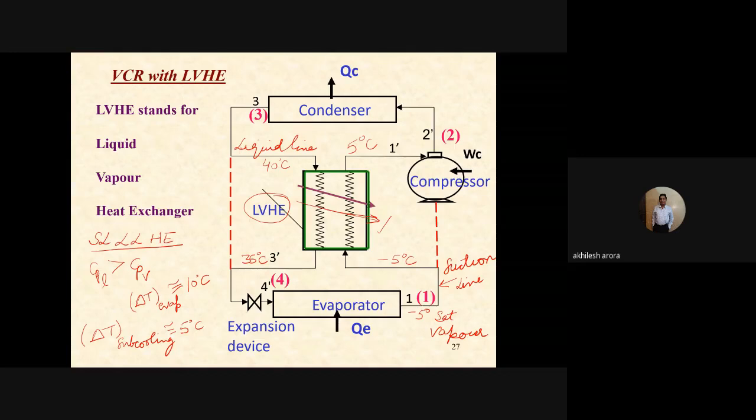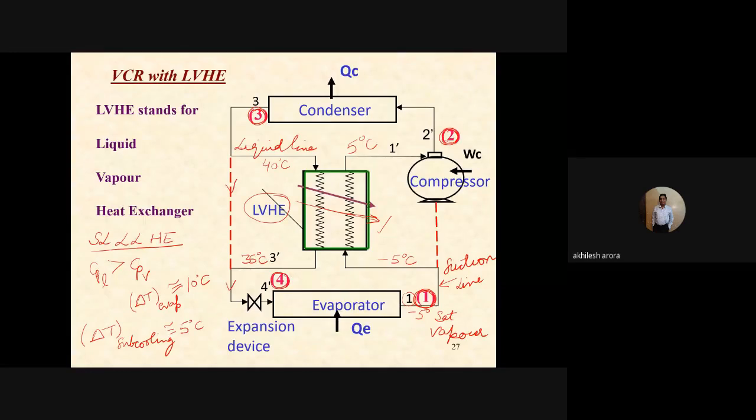Okay. Now let us try to understand what is the difference between the original cycle and this particular cycle. Now let us see. If I take the state point 1, okay, sorry, you can take this red colored one, then the refrigerant is going to the compressor directly. So it is 2. Okay. Now I am considering the original cycle. Then after the condenser, it is at state point 3. And after 3, we are following this line, and then it is coming out at state point 4.